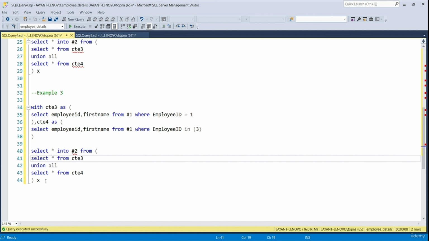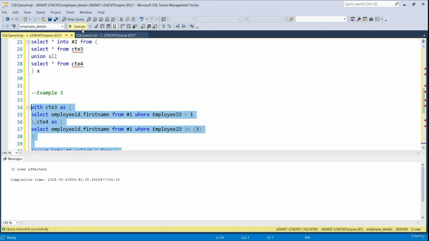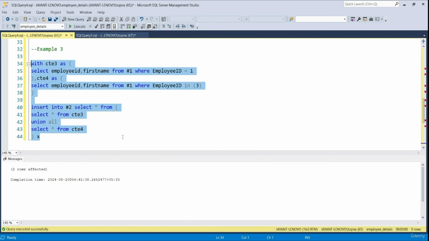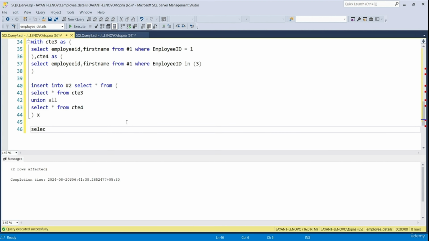So how can we write that statement? I'm modifying this part. We will have to write insert into hash2 select star from this table, that is the combination of CTE3 and CTE4. If we now execute the SQL code written from line 34 to 44, you will see 2 more records were impacted. Now if you run a simple select statement on the hash2 table, that is select star from hash2,